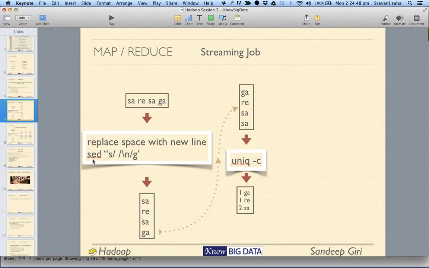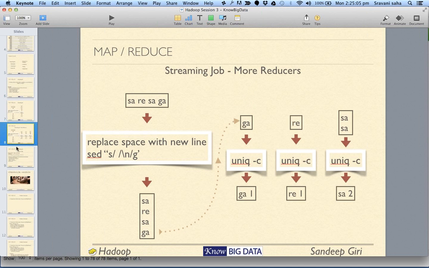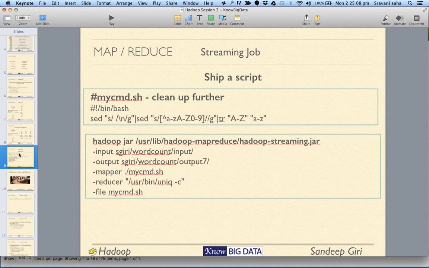Also note that sed is a standard binary available on Unix. What if the binary which I want to run as a streaming job is not available on all the nodes? What would I do then? In those cases,